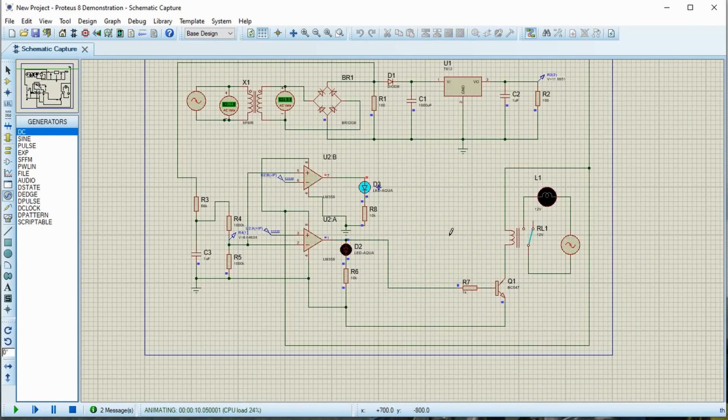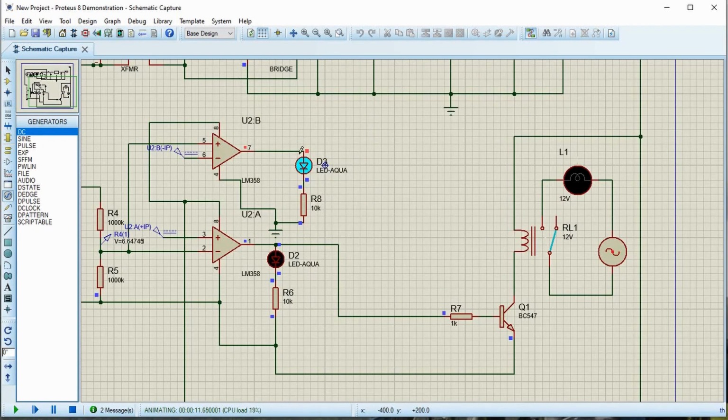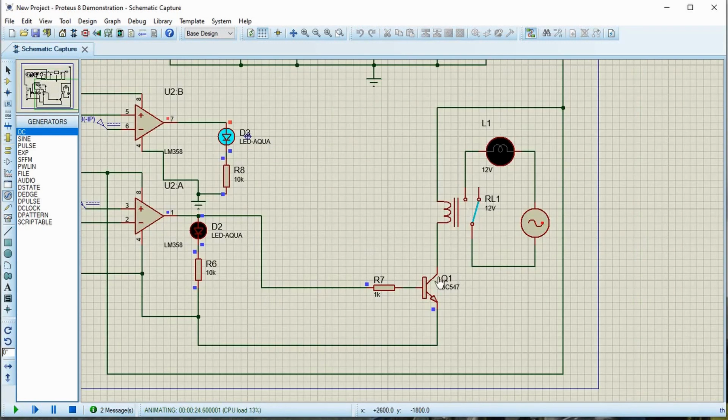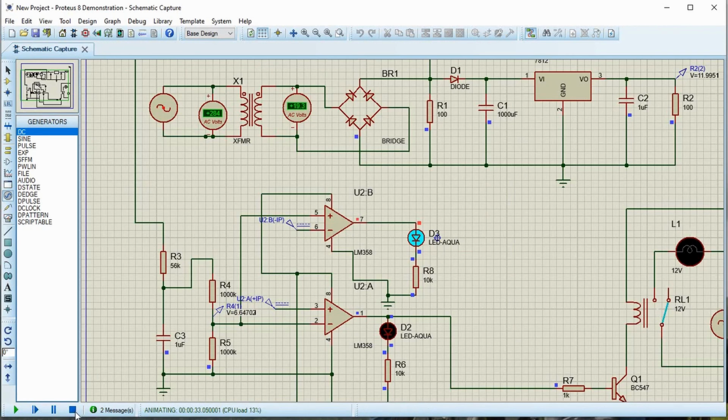Now if you are only using the lower cutoff, what you could do is give this one to this base transistor and this would operate. But since we are using upper and lower cutoff both, we should operate this relay only if both of them are on. So we are using this transistor from the lower cutoff to control this, and I'll use a PNP transistor on the top, which I will control from the upper cutoff voltage. So let me do this.